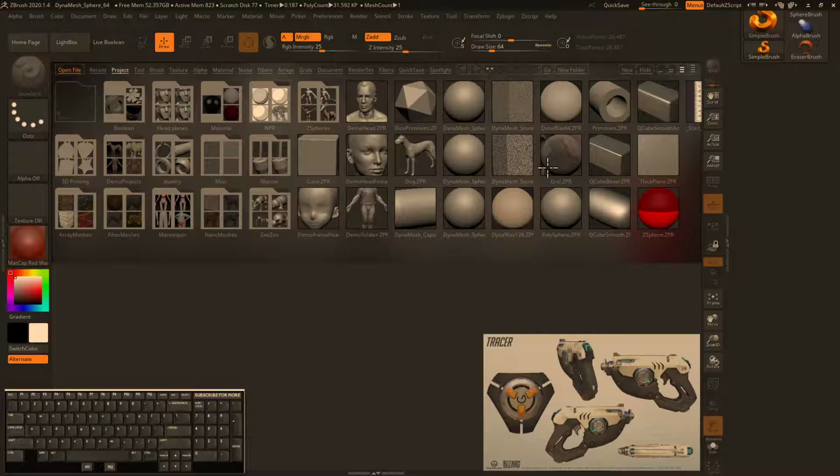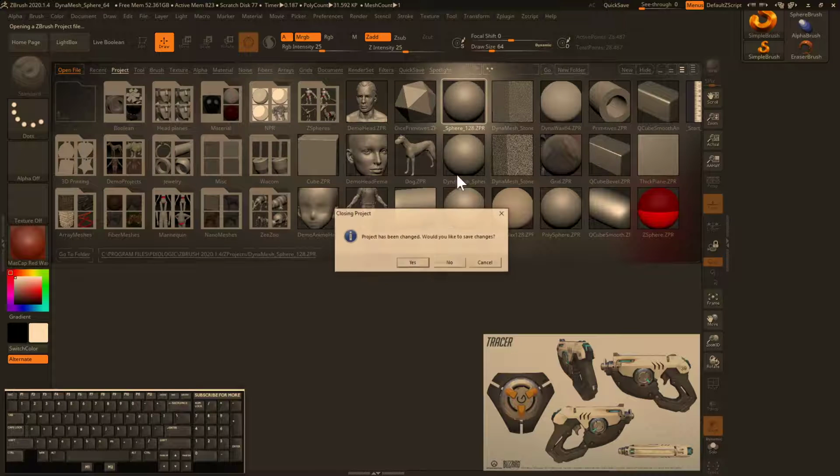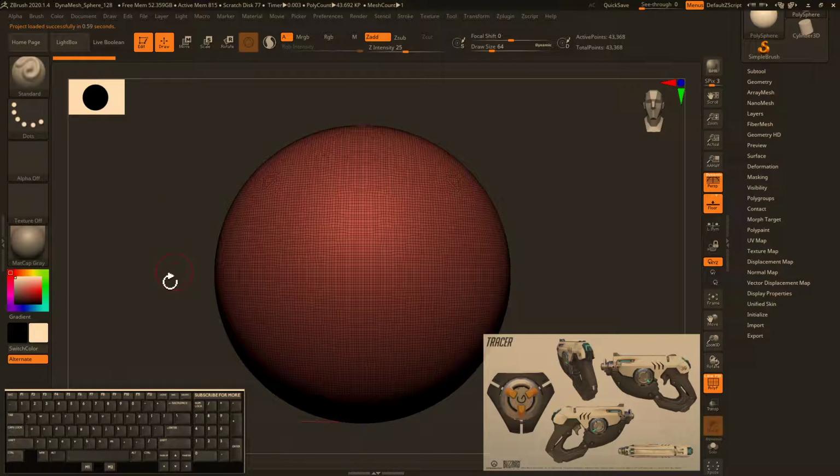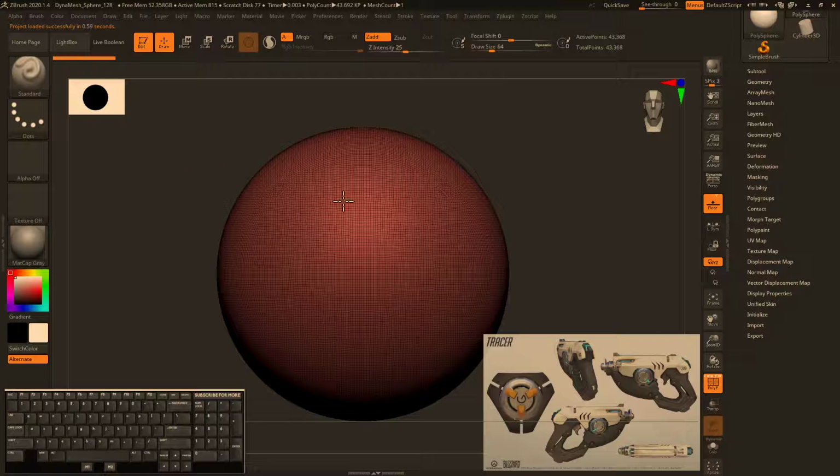Okay, I'm gonna show you something that I probably haven't shown you before. I'm gonna double click on this, and open a project. This is just a sphere, the stuff that we've been working on. I'm gonna get rid of this perspective so when I do masking and stuff like that, it doesn't mess up. So what I'm going to do now is turn this into an actual box,